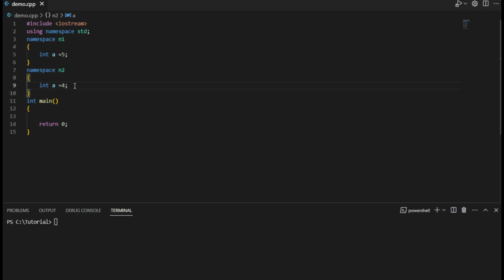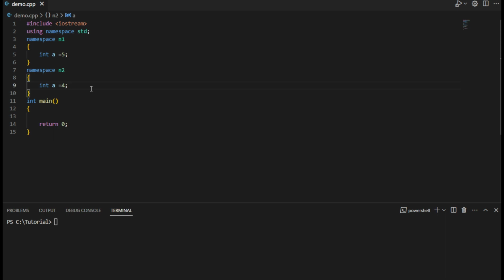So in such a case, it becomes important for us to logically divide it and be very specific in terms of accessing those variables or functions, and inform which particular library's variable or function we are interested in. So namespace provides us that flexibility to logically divide the code and then helps us in accessing